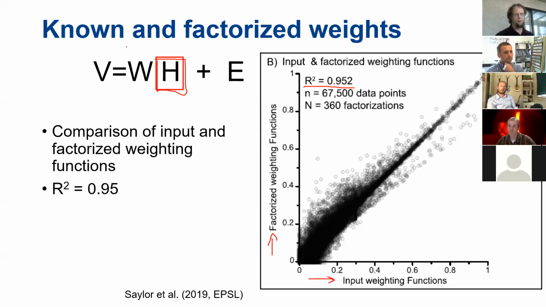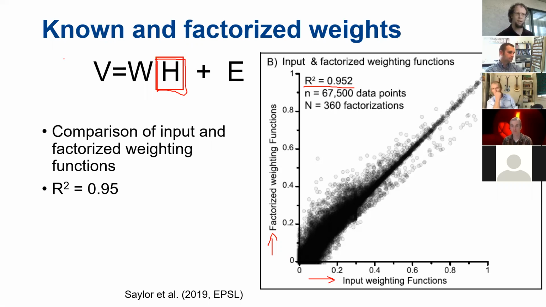But if I just got 40 basin samples, there'd be no reason that I would necessarily know how many sources to factorize that into. And that particular unknown, how many sources I'm going to factorize my data set into, or the factorization rank, is one of the key